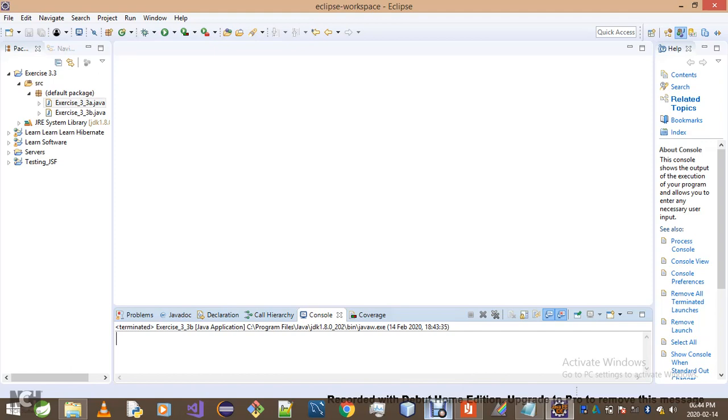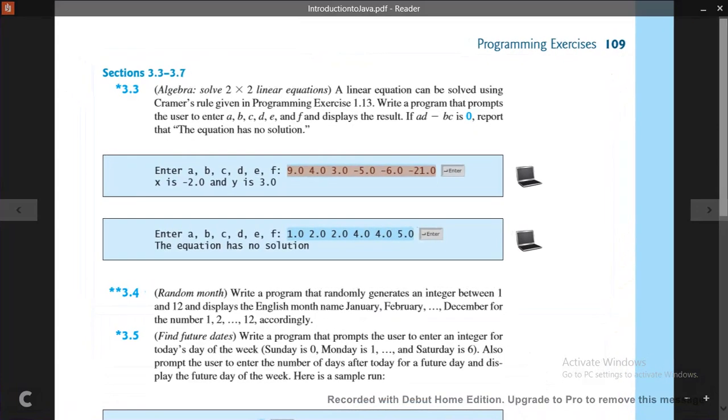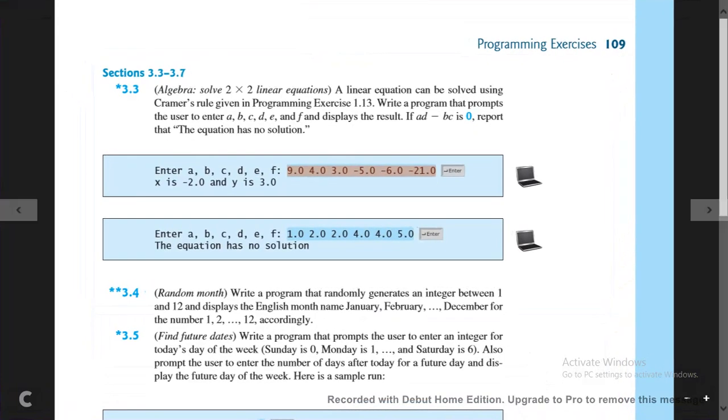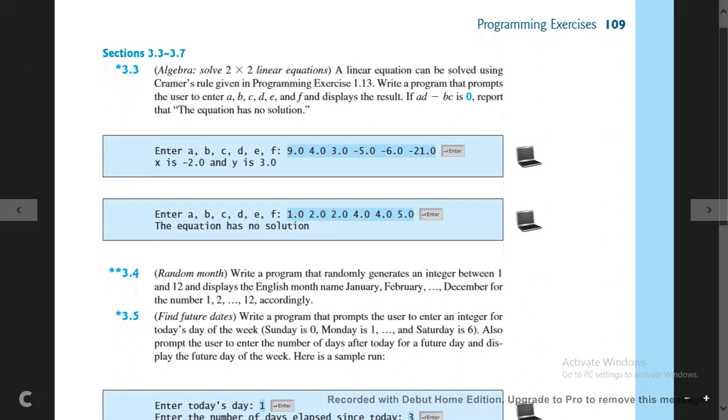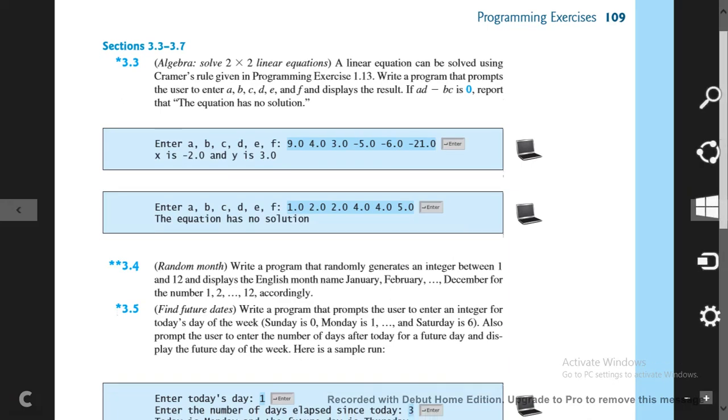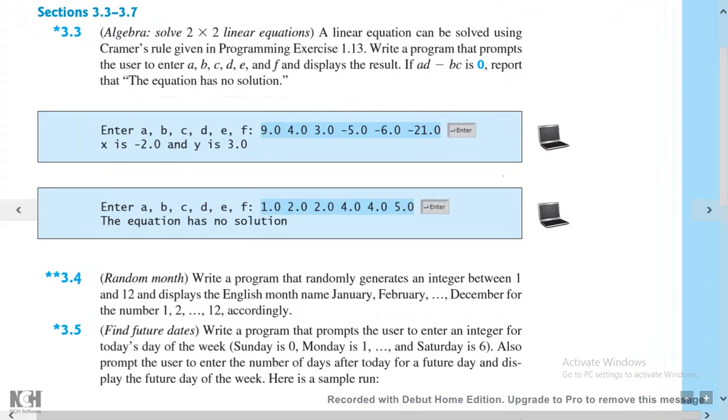Today we're actually going to do exercise 3.1. This is our exercise 3.3, and in case you did not attempt this exercise at your own time, I'm gonna read through the question for you. So the question simply says,